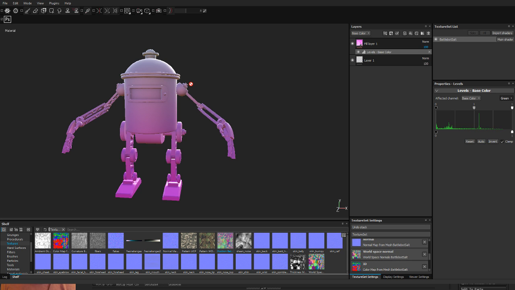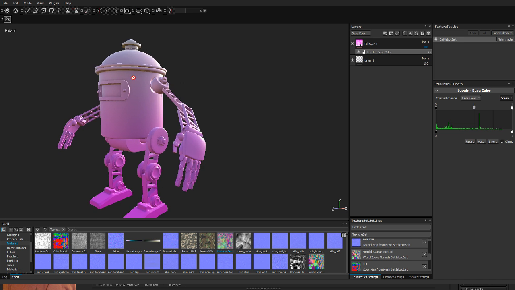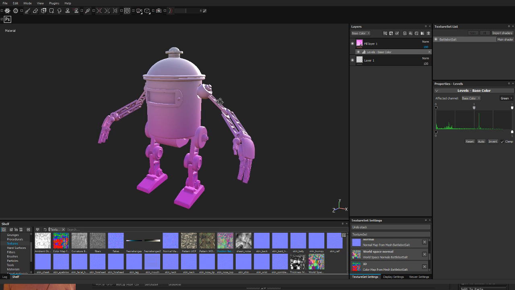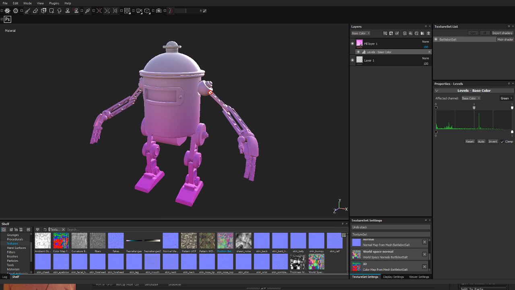And that's always the only baker I've seen not choke on the craziest high-res meshes is XNormal. That thing will bake anything I've thrown at it. Maya chokes immediately. Painter can chug, certainly, once you get up to certain poly counts. And Marmoset, I haven't really taxed it yet, but